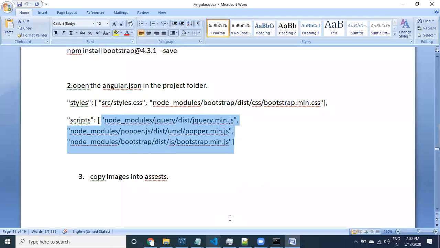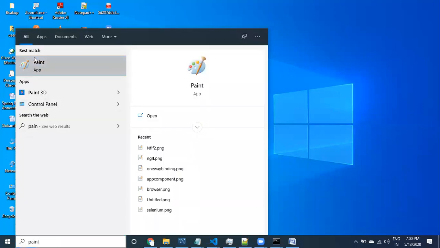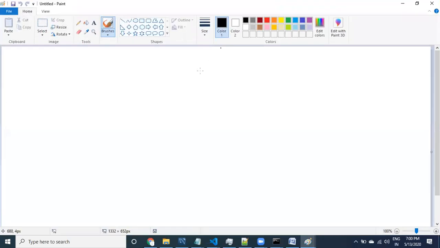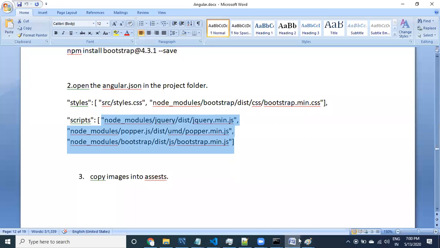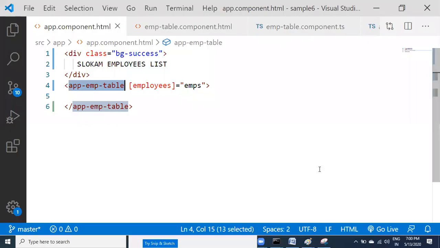Coming to here, I just want to open the first HTML, which is the app component HTML. What are we doing in the app component HTML? Let me copy that.